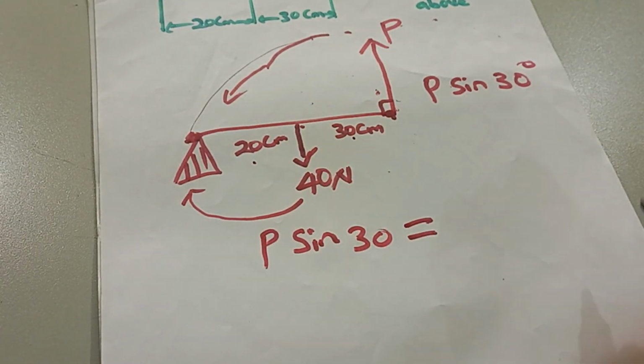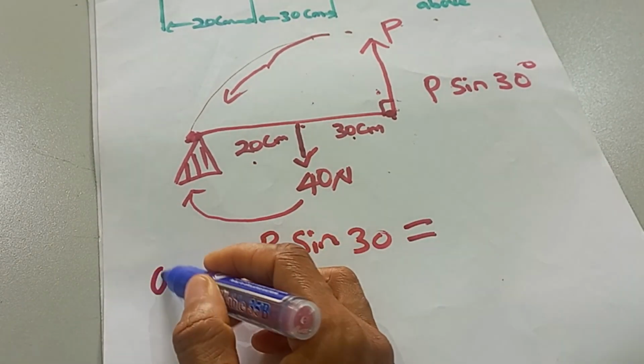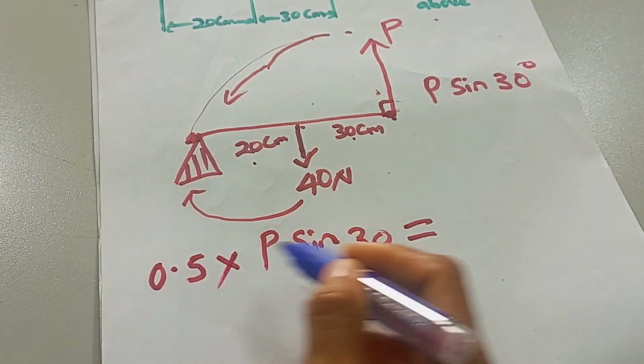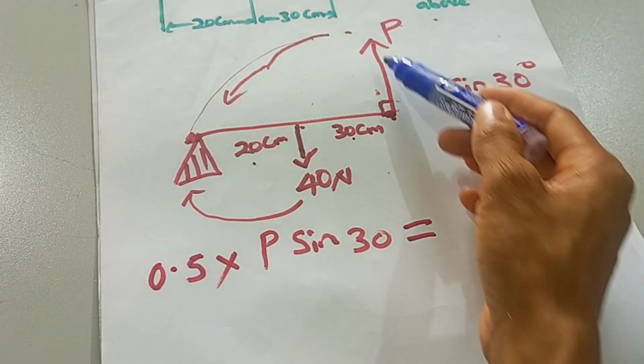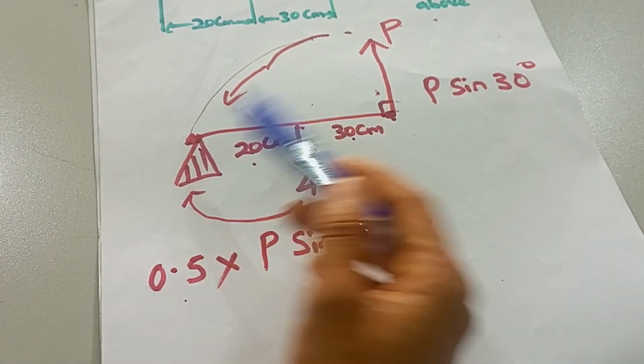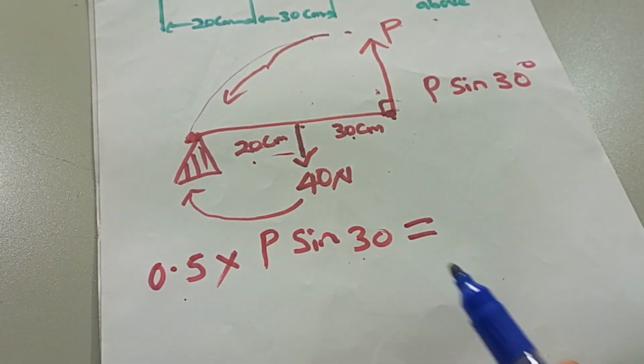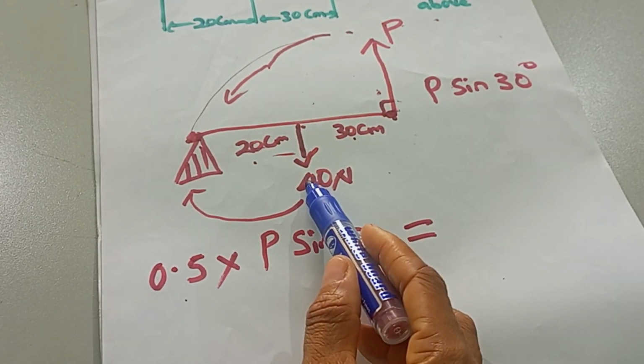Now that 50 divided by 100, so that the 50 cm is going to be 0.5 meters. So this is the force that we have, 0.5 times this. Remember, this is the force. It's no longer P, but P sine theta. Force times distance from here to here is equal to, what's the distance here? 20, which is 0.2. Then 40